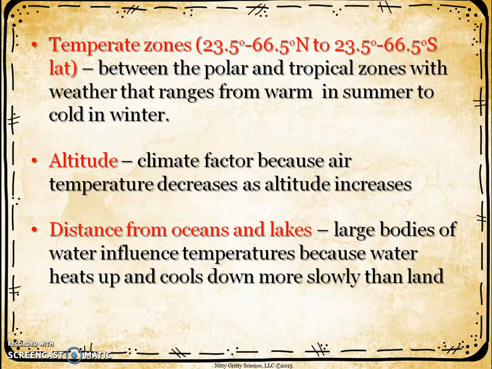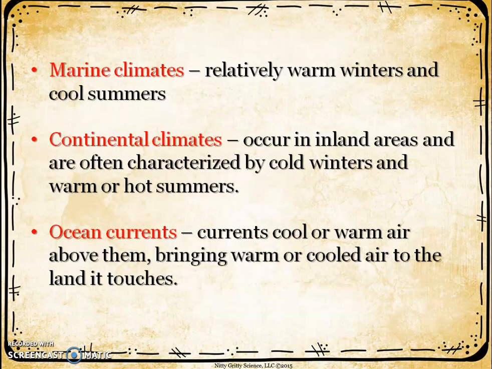So it's because we have the cooling effect of land breezes and sea breezes because of the ocean that changes the temperature there. You can see this in marine climates. You got relatively warm winters because of the ocean, cool summers because of the ocean. Continental climates, far inland from the sea, so you're going to have colder winters, hotter summers, because there's not the moderating effect of the ocean.